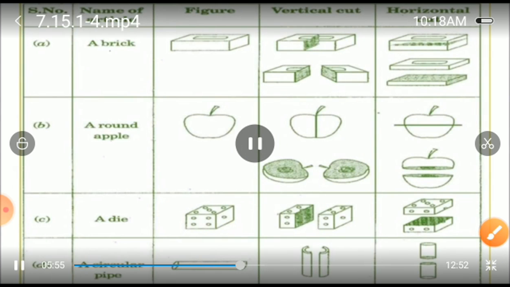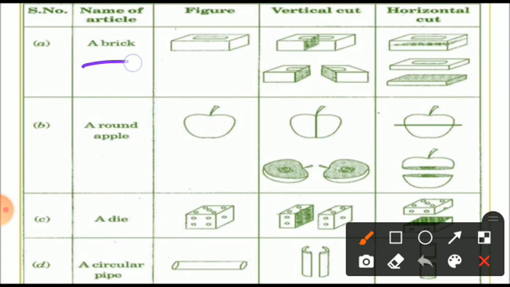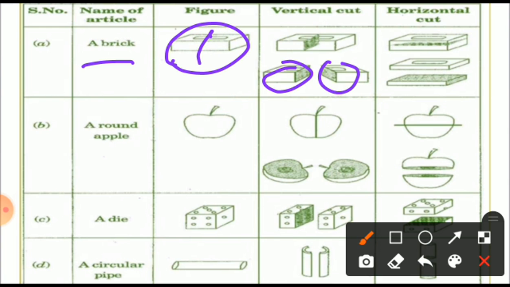Okay, now we have two types of cut, horizontal and vertical cut. Here is a brick, the shape of the brick is like this. When we cut vertically, that means straight, cutting it upright like this. Okay beta? When you cut it this way, vertically, you have one picture. Isn't it? Cut it here like this. You have two parts. Yes, my dear students, both are like a cuboid.